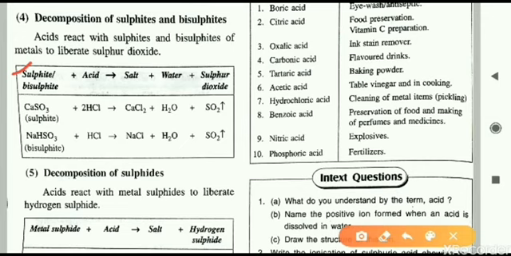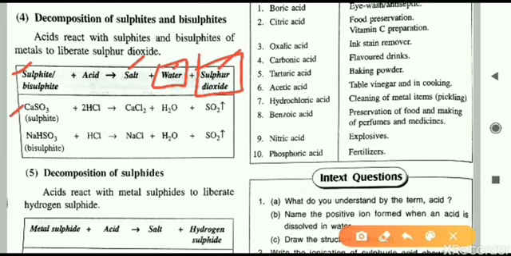So that is bisulfide. Let us have this example here. First you learn this general equation. The general equation is important. Each and every one of these chemical properties, you have to learn the general equation. It is given that sulfite or bisulfite reacts with acid. What we will get is salt, water, and sulfur dioxide. Sulfur dioxide is sure to form, and water is sure to form. These two things are common in all these reactions. The salt will depend on the nature of the sulfite which we are using.